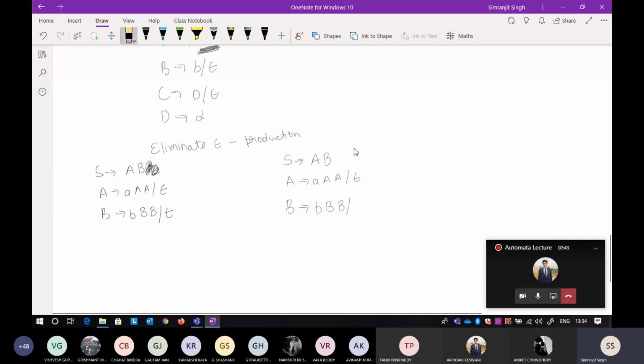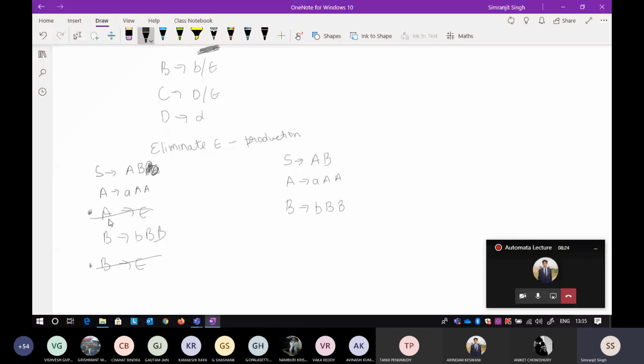Now you have to eliminate this epsilon. When you eliminate epsilon, some productions will tend to change. It can also be written like this: a tends to epsilon, which I can eliminate, and the second one, b tends to b and b tends to epsilon. There is no problem in b tends to b, but there is a problem in these productions, so you try to eliminate both of them.